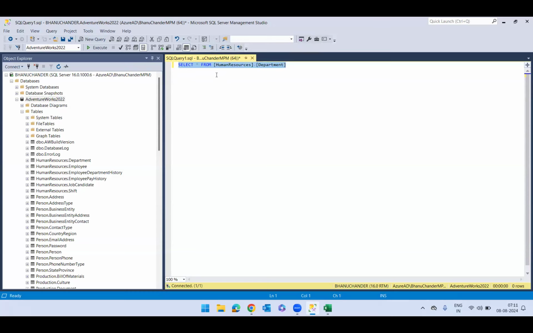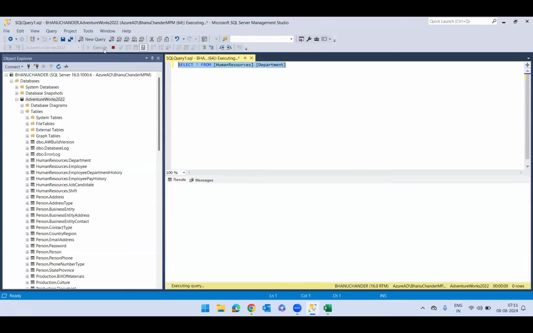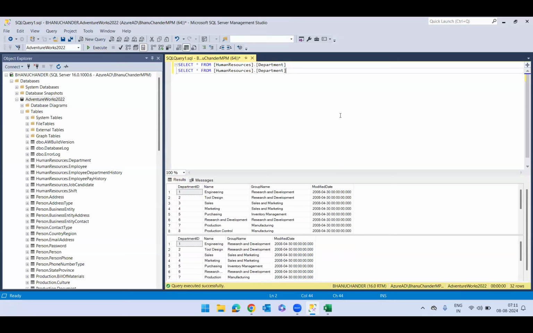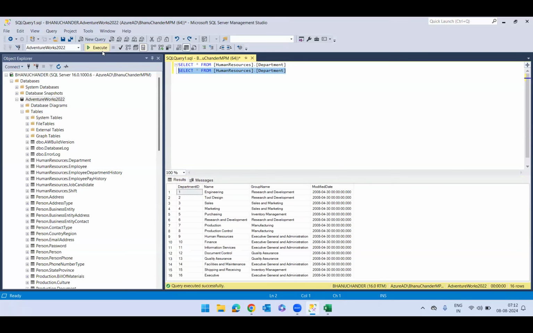In SQL Server Management Studio, in SSMS, if you select and run the query, that would be executed. Without you selecting that, if you click execute also, it would execute. But let me have another query also. If I execute, the query would be executed both times. But if you wanted to execute a specific query, then what you have to do is select a specific query and then execute. Okay, fine. So now I did this one, select star from human resources